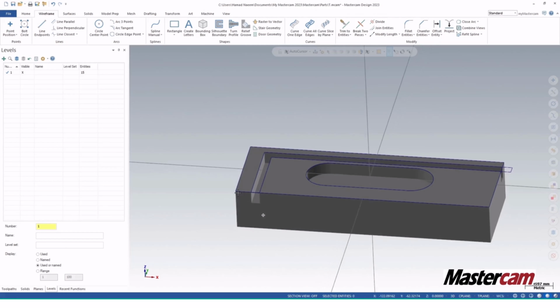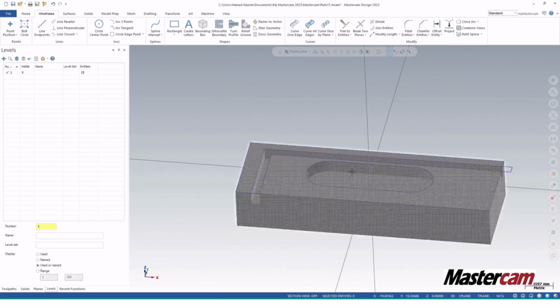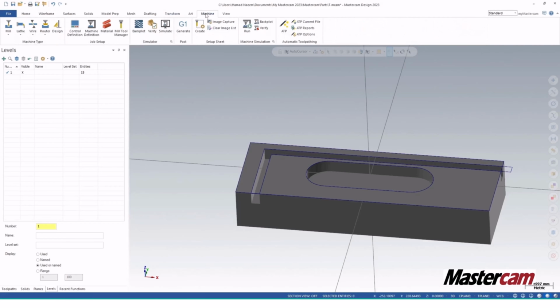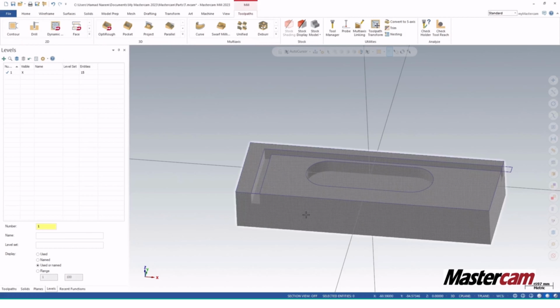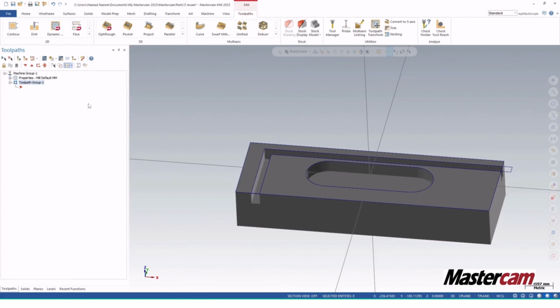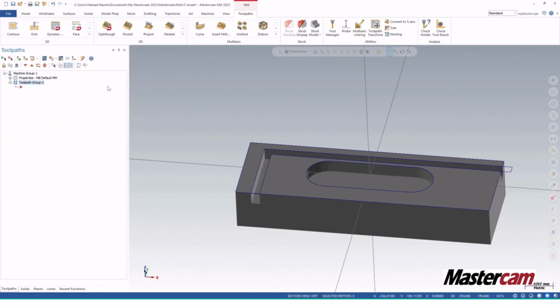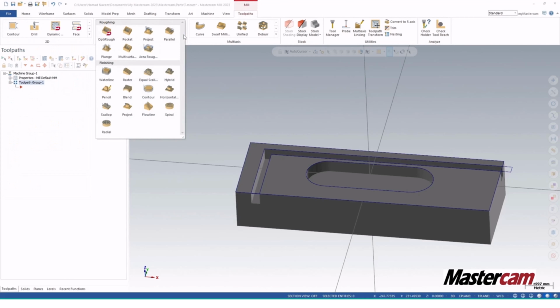So what we're going to do is create a pocket, and we have to create a channel here. For that purpose, I need to go to the machine option and select the milling machine, because we have to apply 3D toolpaths here. In the previous videos, we discussed all about 2D toolpaths. And now in this video, I'm going to tell you how we can create 3D toolpaths using